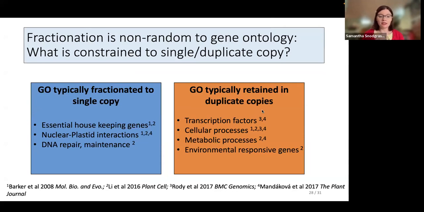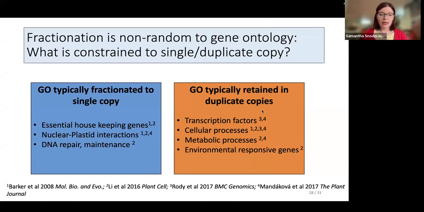These are things like essential genes, nuclear plastid interacting genes, DNA repair, and maintenance. On the flip side, there are genes that tend to be retained in duplicate, things like transcription factors and metabolic processes and environmental response genes, right? Things where having duplicates allows for regulatory novelty or